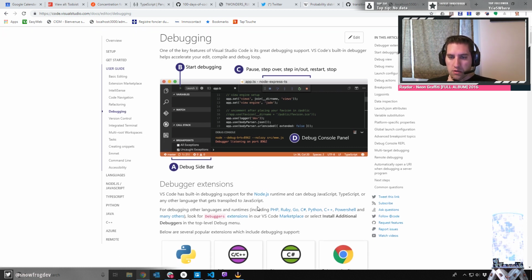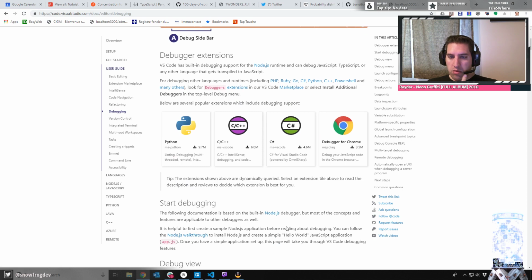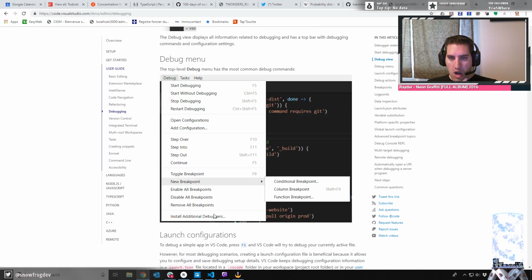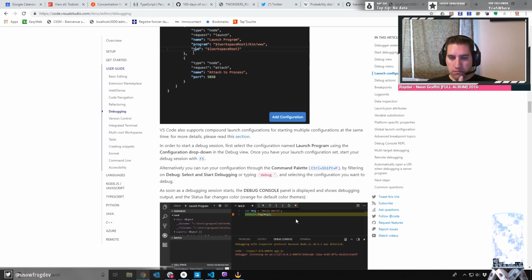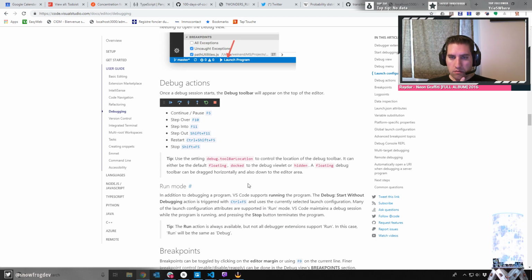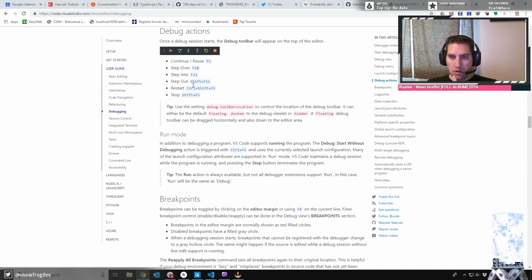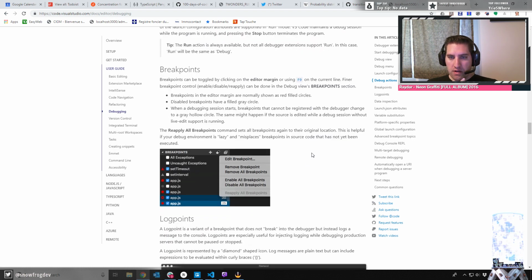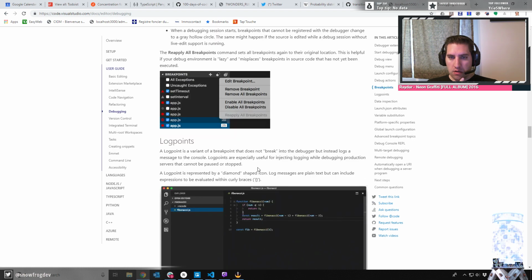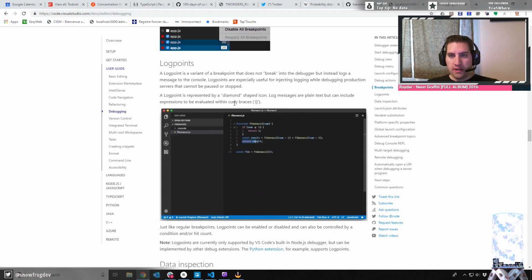VS Code has built-in debugging support. I need to learn these. Continue as F5, step over as F10, step into as F11. Breakpoints, log points. All right. A log point is a variant